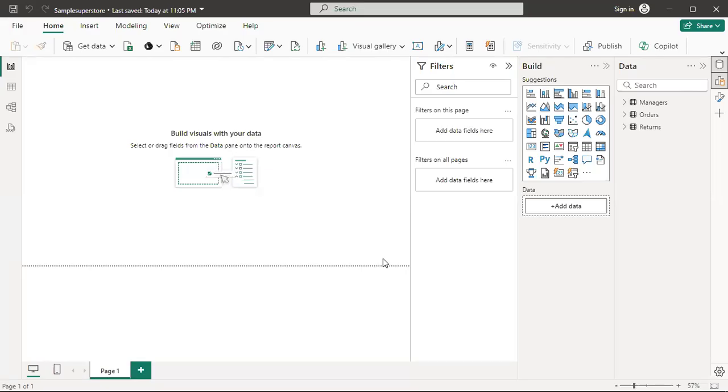All right, so in today's tutorial, I'll be talking about enhancing the data model. Remember that we're still using the sample superstore file, and we've been able to make some transformation from the Power Query editor, and we've loaded that transformation into Power BI Desktop. All right, so let us see how to enhance the data model by merging information from the orders table and